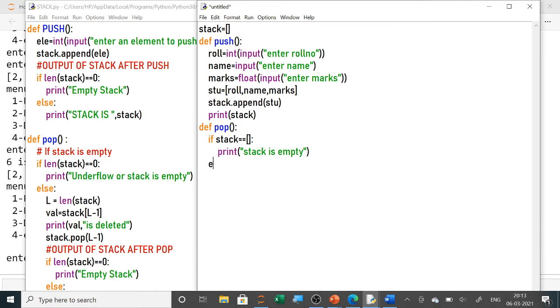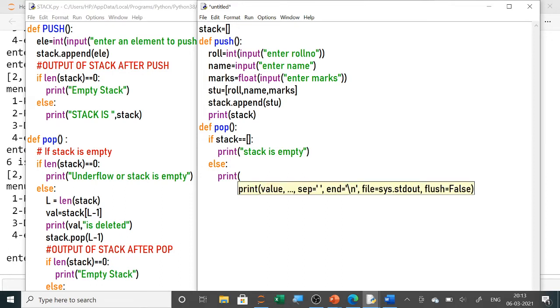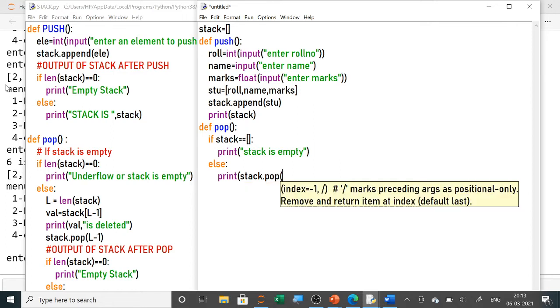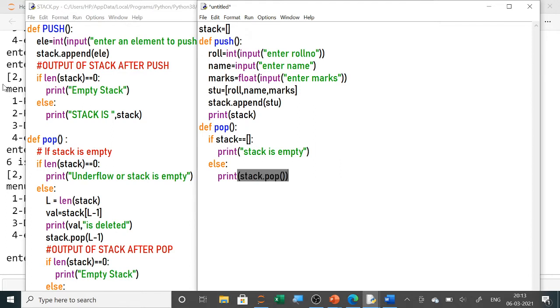एल्स अगर स्टैक एम्प्टी नहीं है तो हमको सिंपली पॉप करके डिस्प्ले कराना है, तो हम डॉट पॉप करके भी डिस्प्ले करा सकते हैं। तो यहाँ पे अगर हम डायरेक्टली पॉप करके डिस्प्ले कराएं तो आफ्टर पॉप द स्टैक इज, सो ये द स्टैक डॉट पॉप, कौन सा एलिमेंट पॉप आउट हो रहा है वो डिस्प्ले हो गया, और उसके बाद पॉप होने के बाद स्टैक भी डिस्प्ले हो गया।